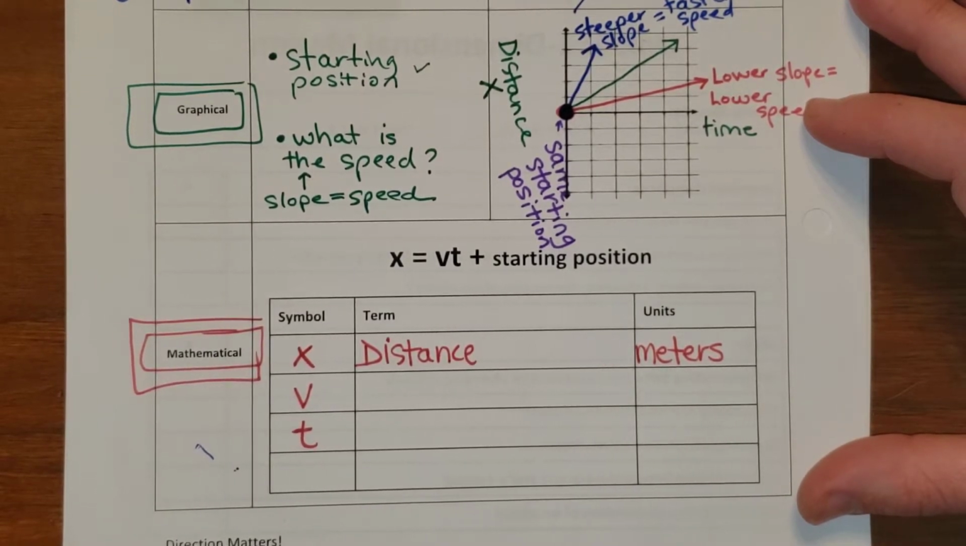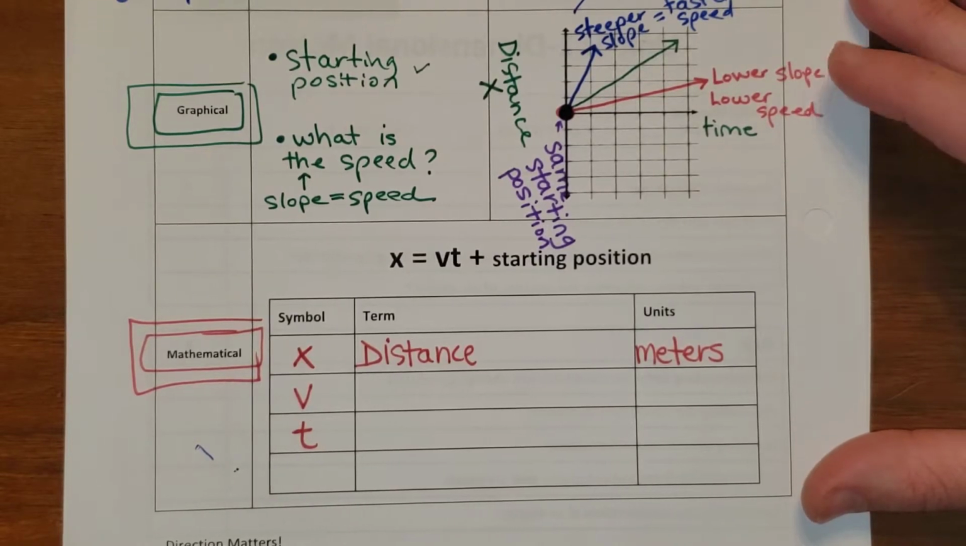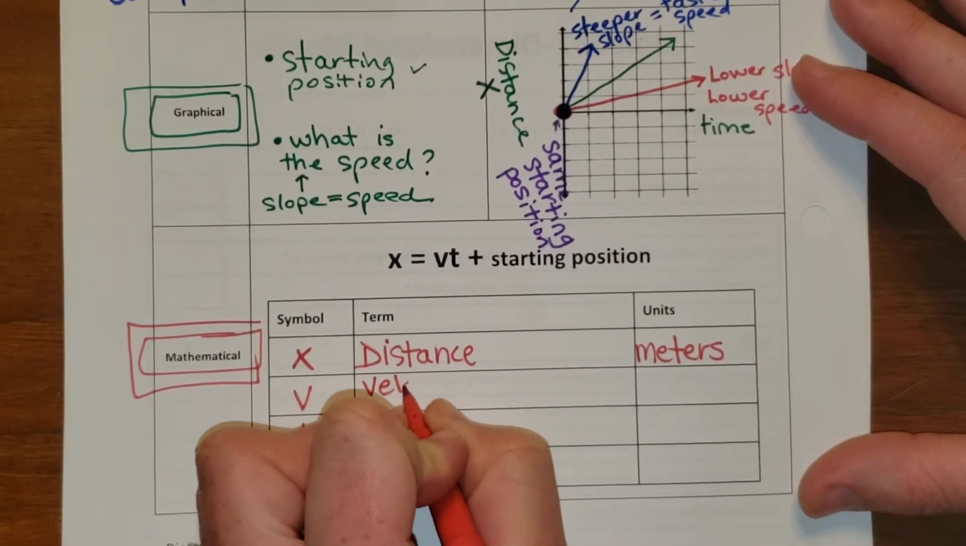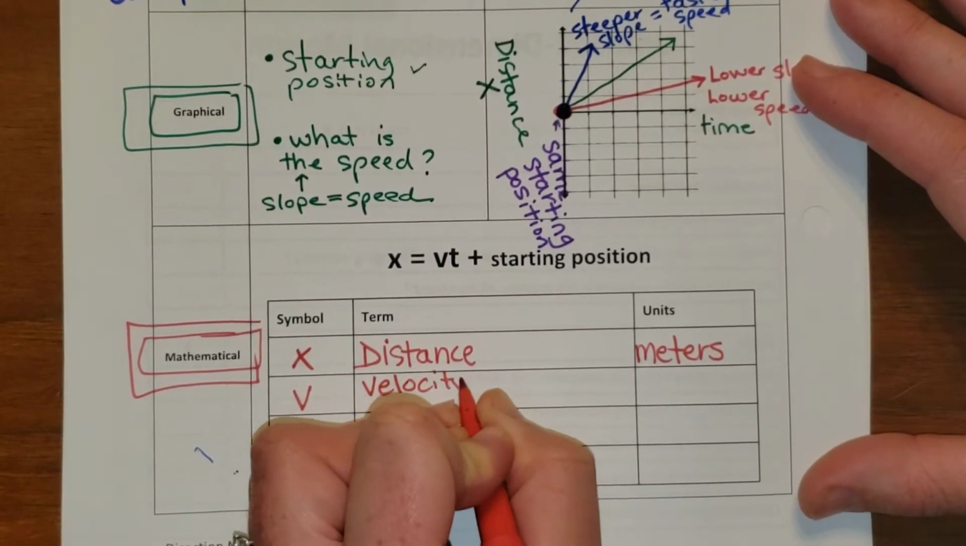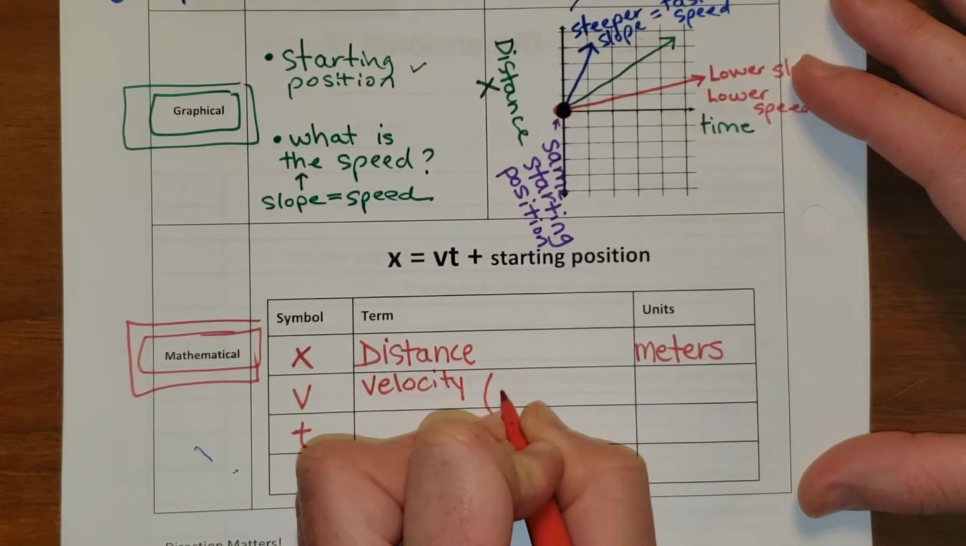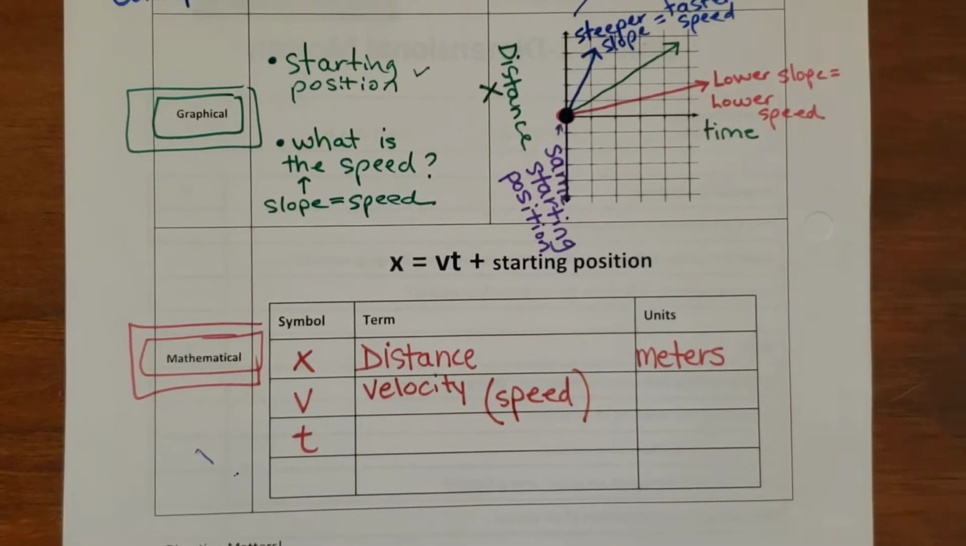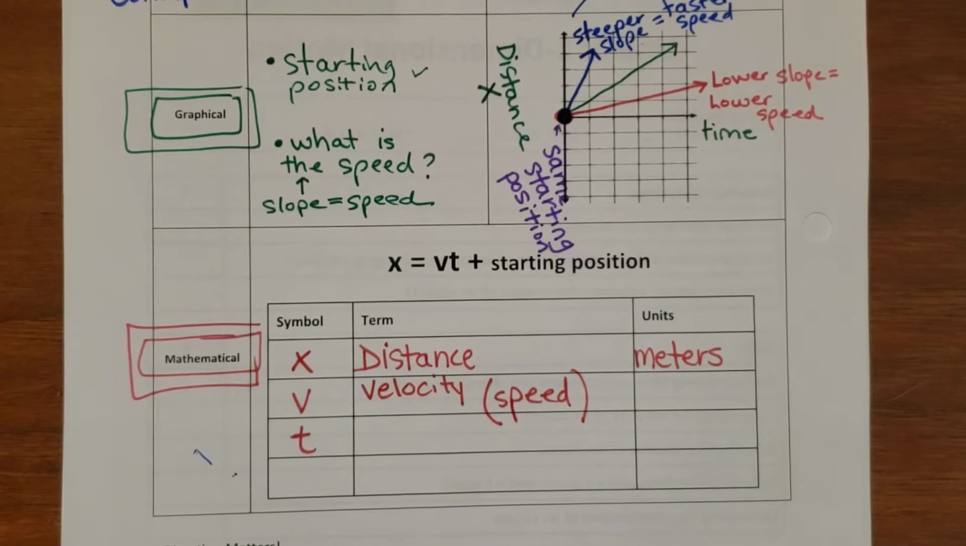Now, V is for velocity, and I should have brought this up earlier, but velocity and speed are words that we're going to treat as interchangeable. Velocity and speed, we're going to say that they're basically the same thing. Now I want you to write both down because depending on whom you have as your physics teacher, they might